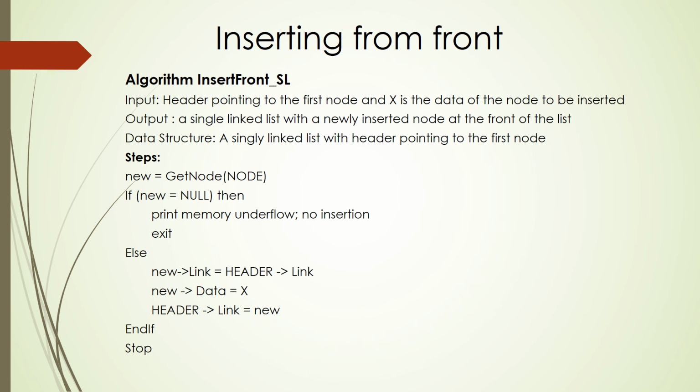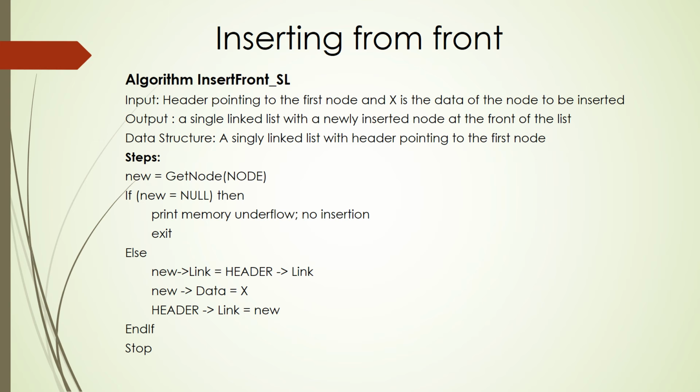So today we'll be discussing how to insert a new node at various positions in a given linked list. We'll be discussing three strategies. First one is that you make the new node the first node of the list, and the second one is that you can make the node at the end of the list, which means the last node of the list. And third one is that you take a random choice, any position anywhere in the list. So we'll see how to perform all these operations.